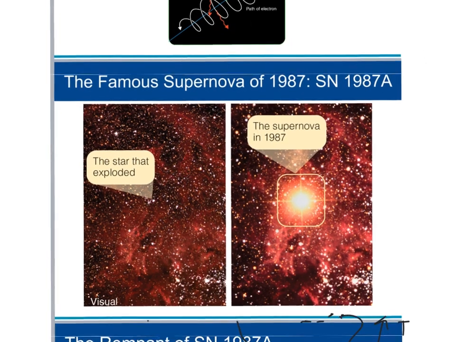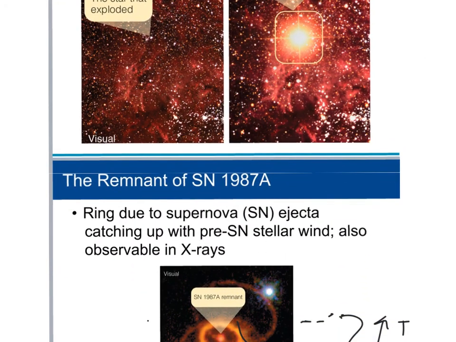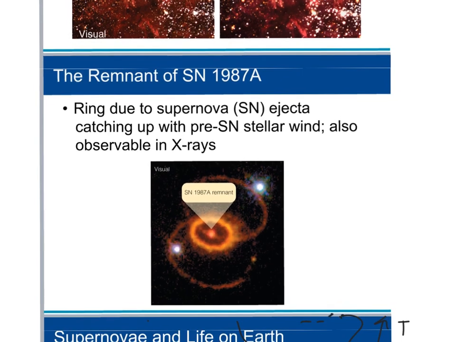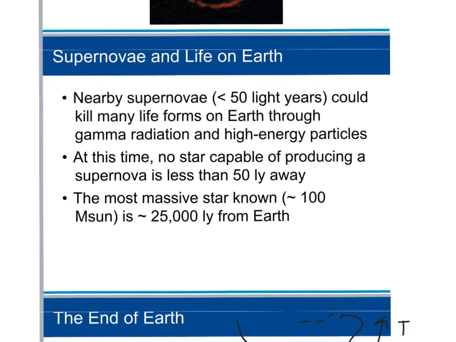So here's a famous supernova of 1987. We see the star that exploded in 1987. It was fortunately captured by a very high-speed telescope, or a telescope with a camera on it. And the remnants of that supernova, we see that ring pattern. So that's how astronomers are able to conclude that the Milky Way's ring patterns are probably supernovae, or stars that died. So nearby supernovae, nearby meaning less than 50 light years away,